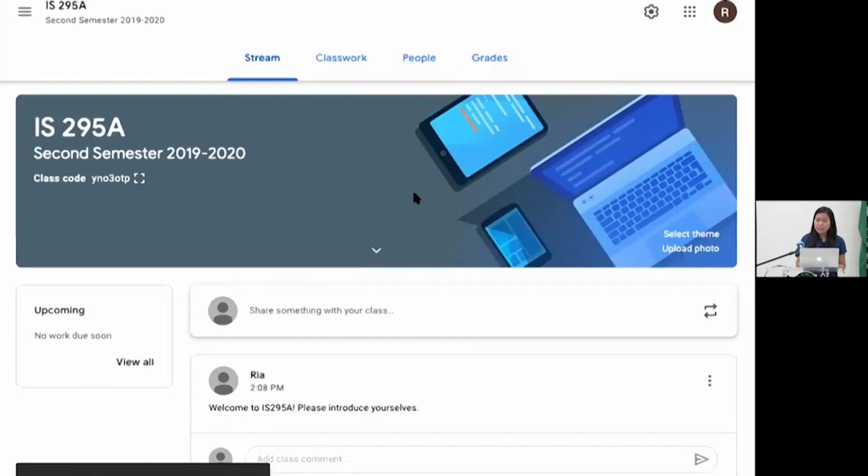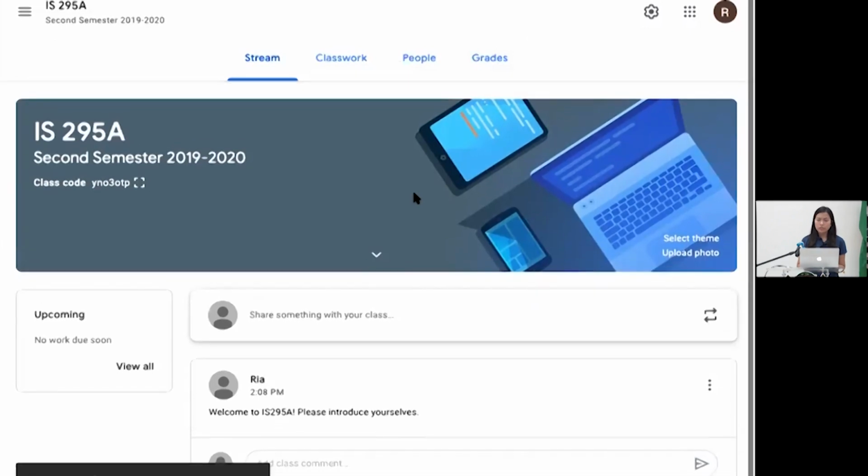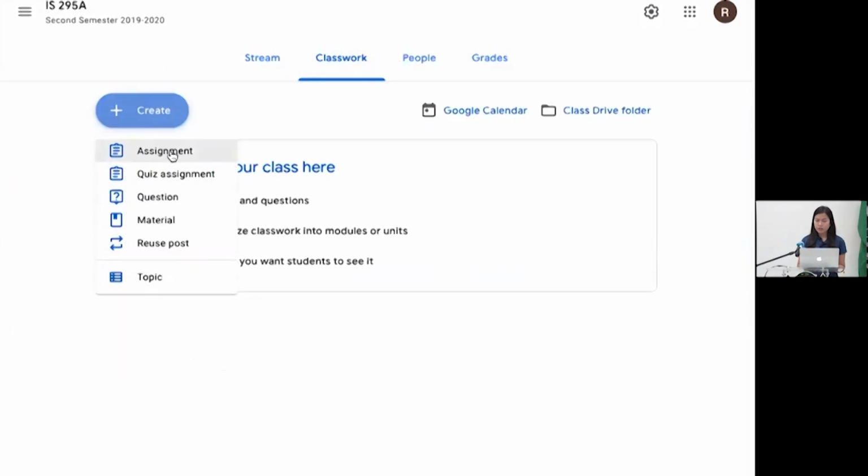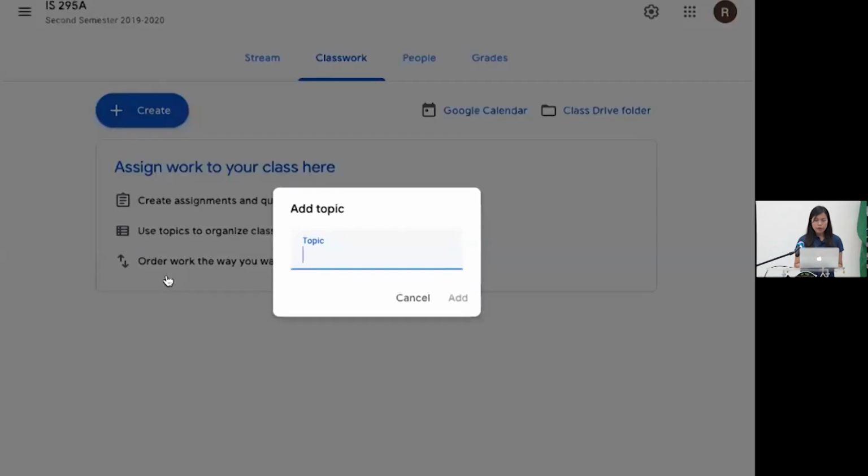Next, let's start adding activities. To add activities, we go to classwork, and then we create the activities by just clicking create. You can see it's very simple. The first thing I normally do is create topics because topics organize your class. So for this class, I will create several topics. For example,